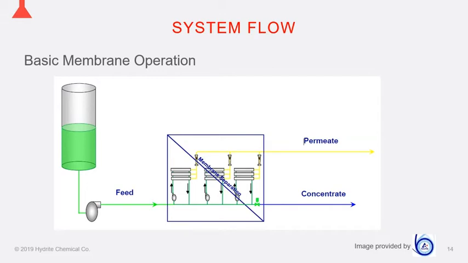Depending on your desired product, your permeate may be your finished product, particularly when we look at polishers. The finished product is the permeate, the purified water that's gone through. But we also look at a microfiltration system that's defatting whey protein concentrates. The finished product for that microfiltration system would be the permeate. So the fat molecules would be retained, the valuable protein molecules would pass through, and the permeate would be the